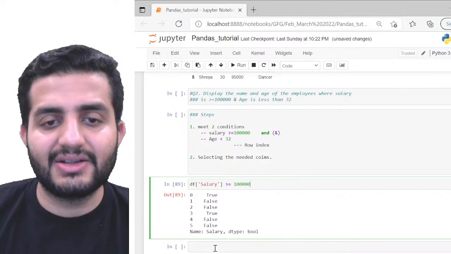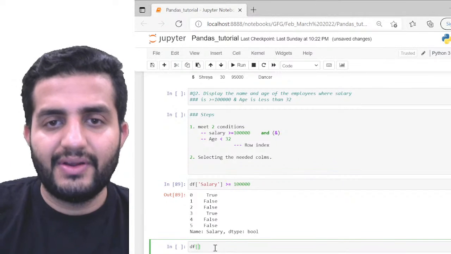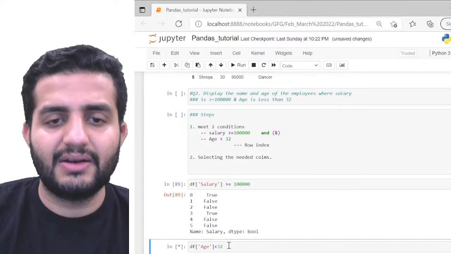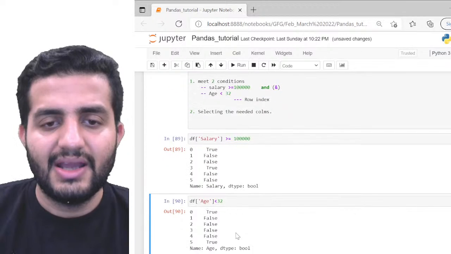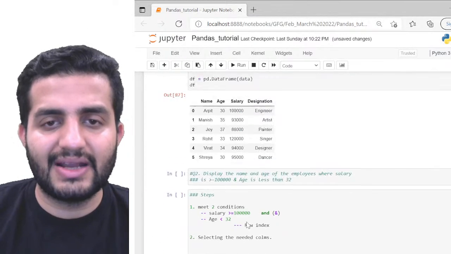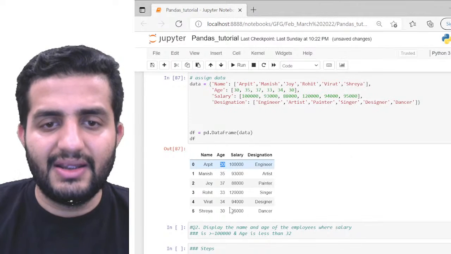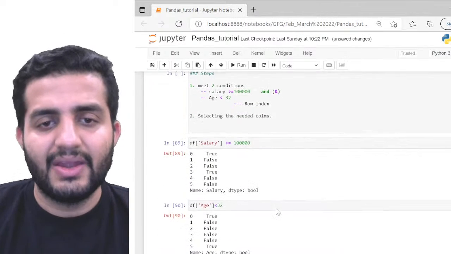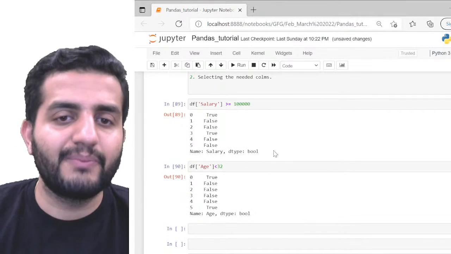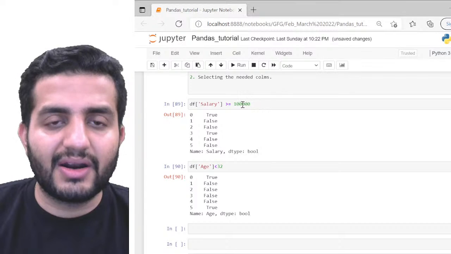Now what is my second condition? df of age, and this should be less than 32, correct? Now if I do it like this, I have True and True. So I have only two indexes again, but those are two different indexes. What are those? 30 and 30, right? So these two have individual row indexes, but now I have to make sure that they both run together